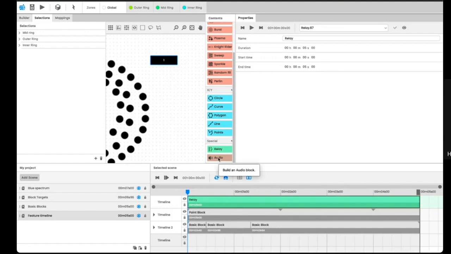And then we've got the audio block, which is another new block. This replaces the audio timelines from ESA Pro 2. If you remember, in ESA Pro 2 we had, I think, 3 different kinds of timelines: selection timelines, mapping timelines, and audio timelines. It was a little bit confusing, to say the least. So the software will now create the appropriate timeline for you. So you can